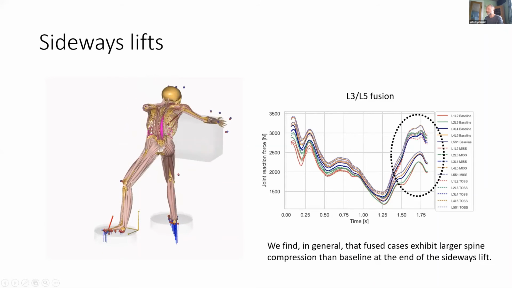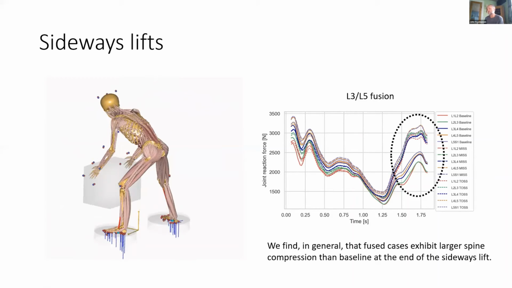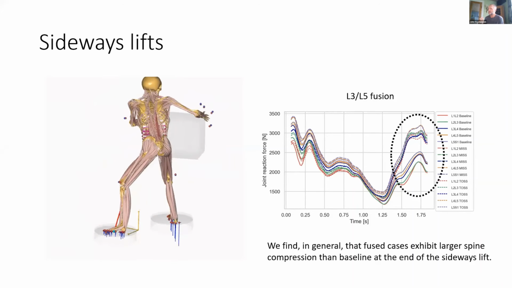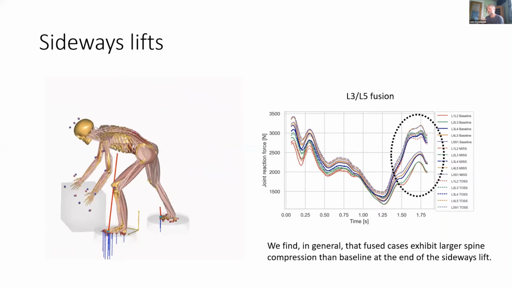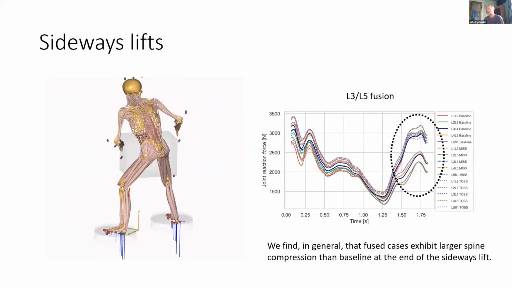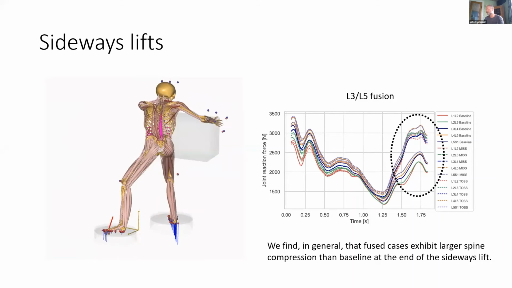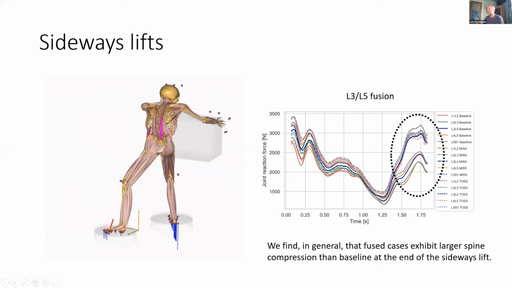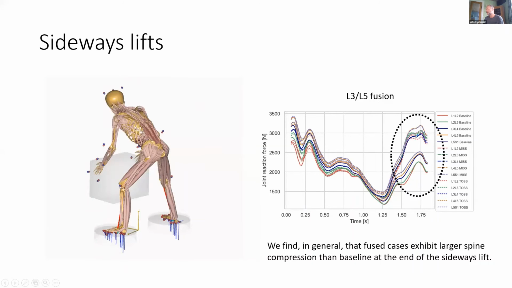And maybe I should mention that for the surgical cases, the way it's implemented in the model is that when two or more vertebrae are fused, there's no motion between them, and the necessary motion to move the entire body is distributed among the adjacent joints in the spine. So you can see that in this case, there does seem to be a difference between the different cases. What we cannot see here, though, is